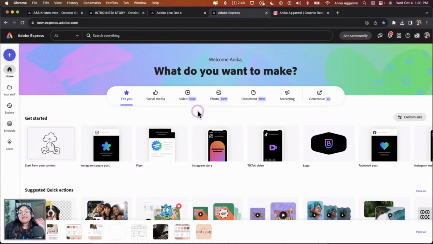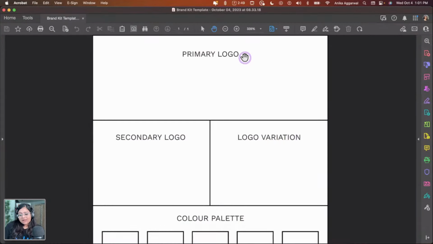So this is the landing page for the brand new Adobe Express, right? And I have this little button here, or some space that says start from your content. And you might be wondering, what does that mean? And it says photos, videos, or files. And when I say files, it's super important to notice that you can actually use a PDF file, which